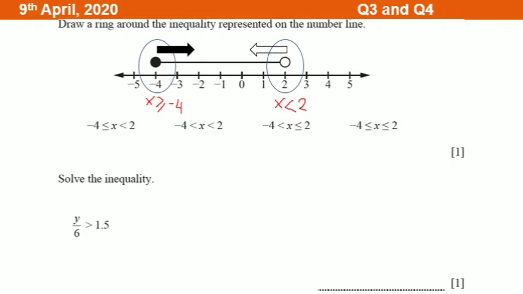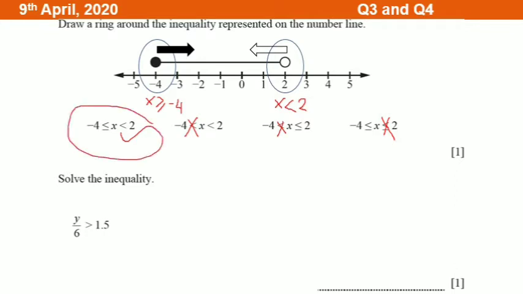So now let us check. When it is -4, it needs equal, right? There is no equal in here, so wrong. There is no equal, so wrong. And then on number 2, there is no equal. There is no equal, correct, but this one has equal, so wrong. Which one do we have to circle? This one.